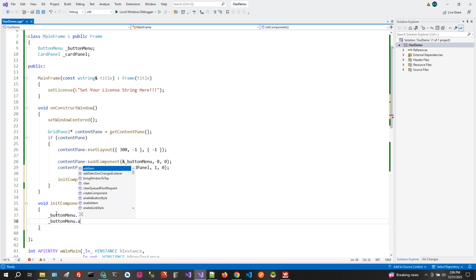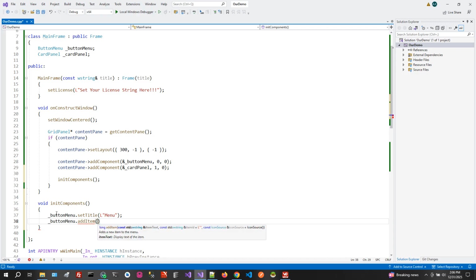And then we're going to add item. And this item is going to have a text that gets displayed, an ID. You don't have to have an ID, and you could also have an icon if you want for the item, but we're just going to add text. So eventually we're going to add two child panels to the card panel, so we could just show how the panel can flip views between the two. So let's add,